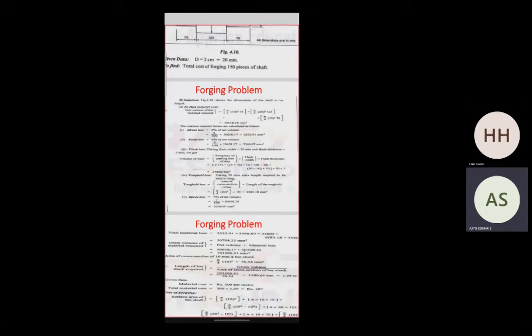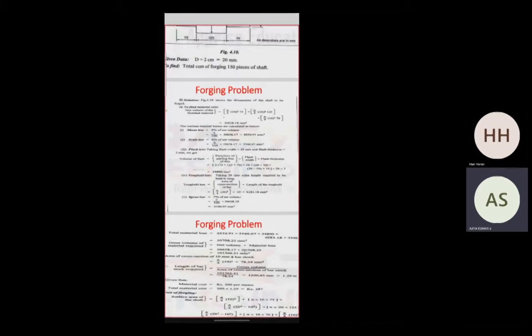Next, we want to find the area of a cross section for 10 mm bar stock. So pi by 4 10 square is equal to 78.54 millimeter square. This is area of a cross section. So we want to find the length of the bar stock required. Length of the bar stock required is equal to gross volume divided by area of a cross section. By dividing both, we will get length of the bar stock required is equal to 1.29 meter.